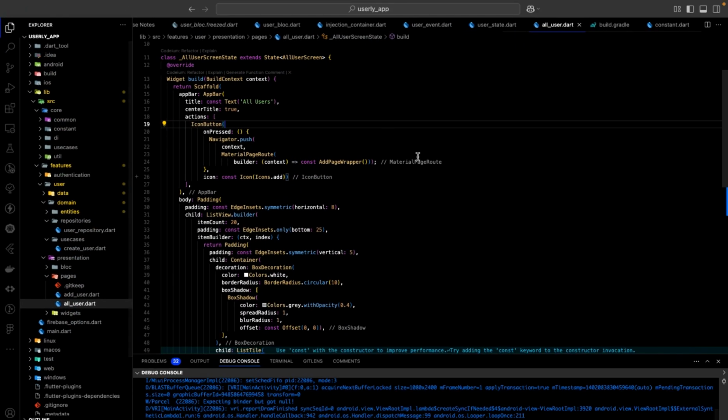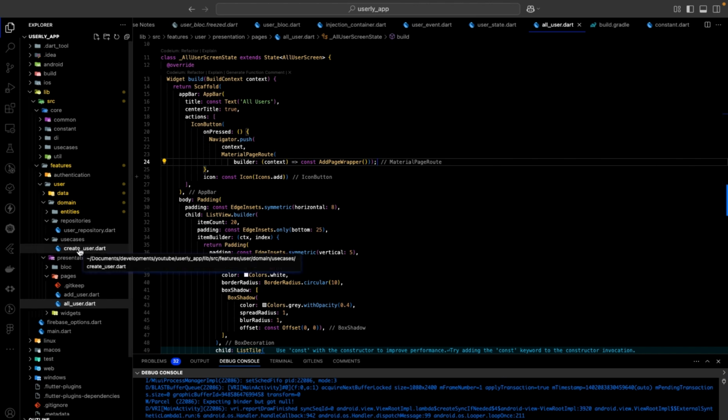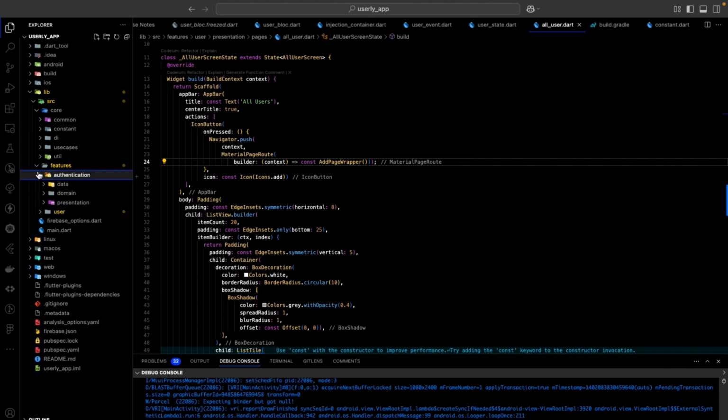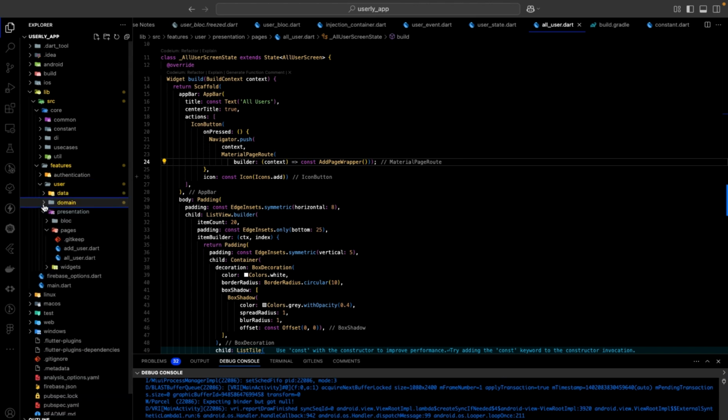Okay, and then we are going to see. Always, because we've already done the heavy part of setting up the necessary information and the necessary folder structures that are needed when we continue adding more features. So for us, we are still in the same feature. As you know, we are still in user. There will be authentication later on, and a lot of other features, but for now we are still in user. Okay, so what we're going to do is